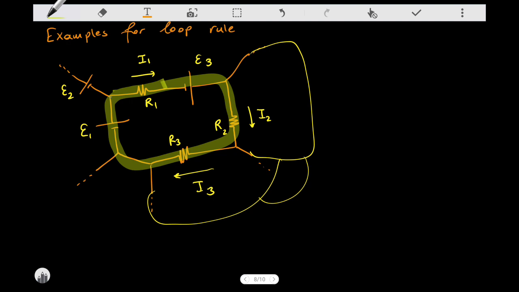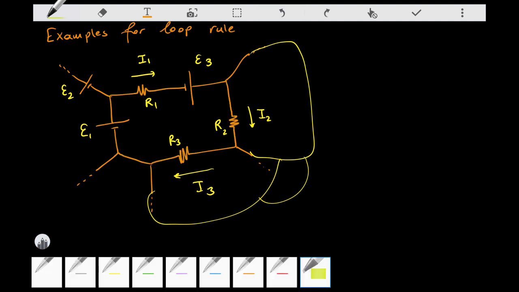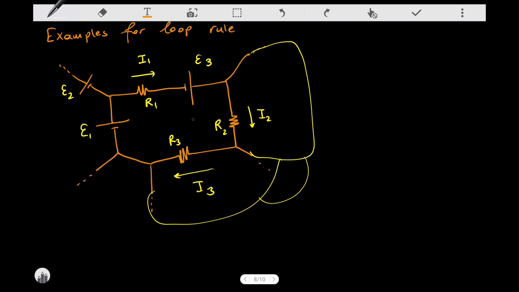So we start somewhere and go around the loop. But when we are going around the loop, of course, I need to choose some direction. Without a direction, I cannot be consistent. So let's say that I'm going in this direction, in the clockwise direction. So when I'm going around the loop, I just count the EMF devices. So first I see, for example, the EMF device E3 in here. If I start from that particular point, I see E3 and then I see E1. So therefore E3 plus E1, of course the order is not important,